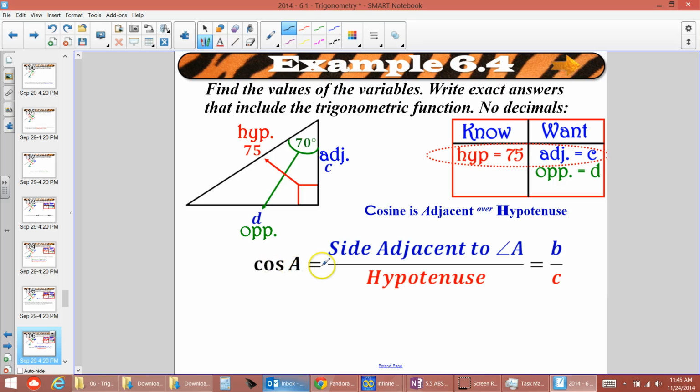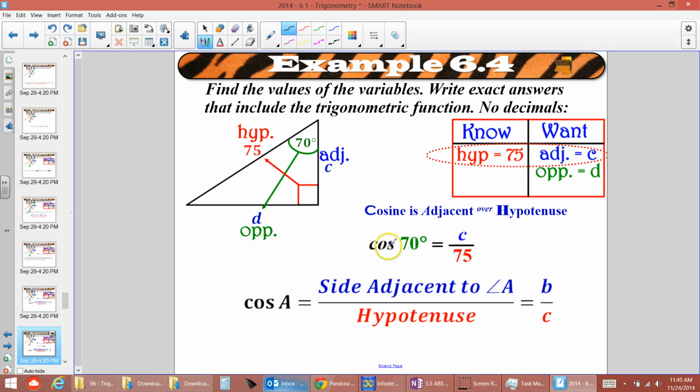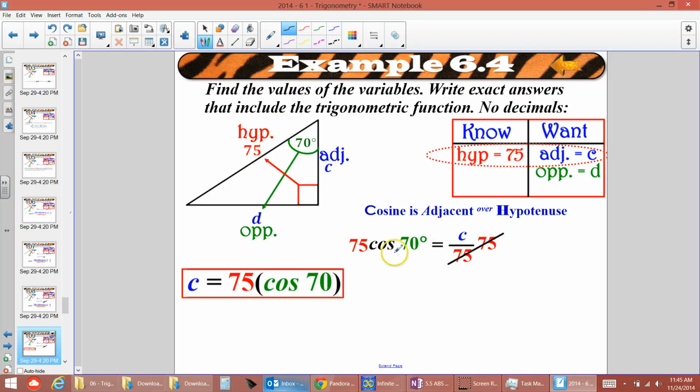So cosine A is side adjacent over hypotenuse. And so right here the angle that we're using is 70 degrees, so cosine 70 equals C over 75, right? Adjacent over hypotenuse. And when we multiply both sides by 75, we end up with C, or the length of the adjacent side, is 75 times cosine 70. And we could go to a trig table and find out what cosine 70 is, multiply that by 75, and